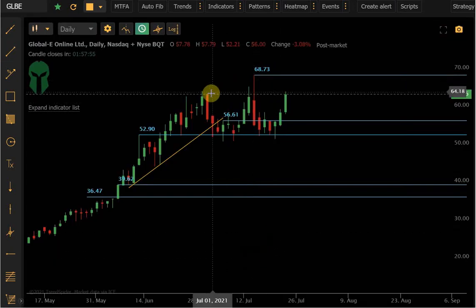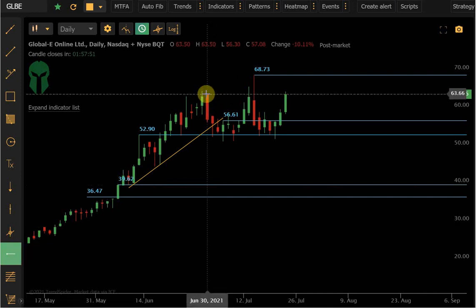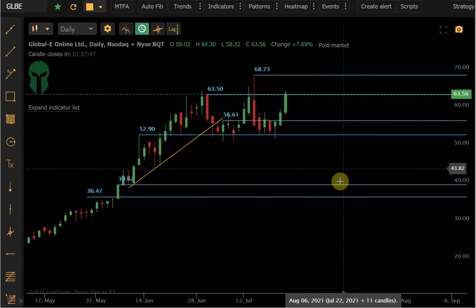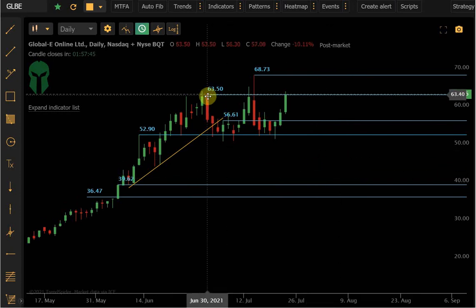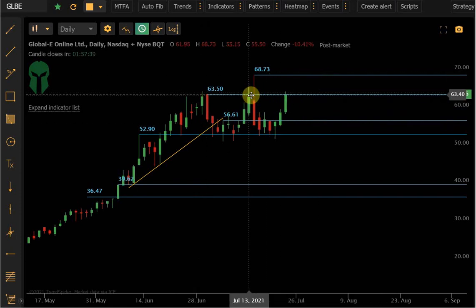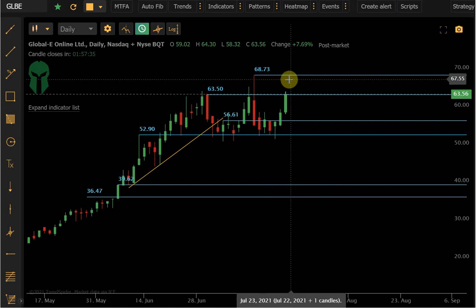So what happened with Globe here today? Okay, 63.5. Where did we close? 63.5. What bar is in charge? This red bar. So until we get out above the 63.5, I wouldn't touch it. Now you could also wait until you get through the 68.73 level on Globe,